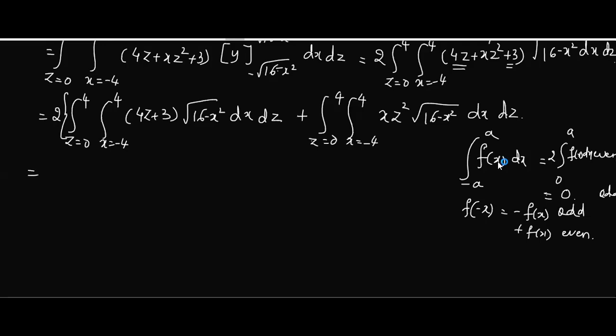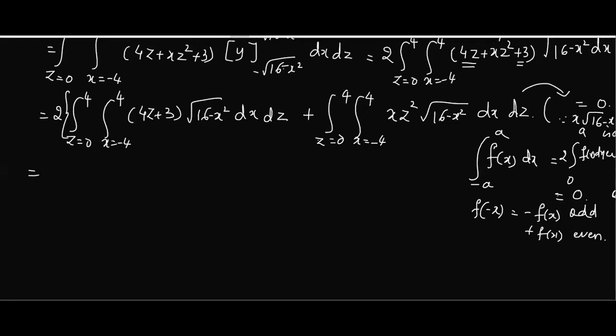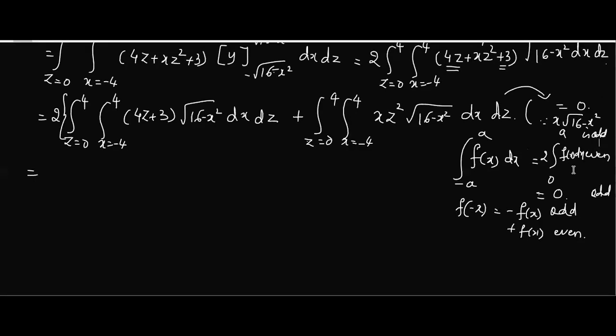So this is what I'll do now here. You can mention the same integral is equal to 0 because x into root of 16 minus x square is odd. This much is enough. If you just write that the function is odd, that is enough. But you write the value of the integral as 0. So what I have to see only, isn't it? We have to only concentrate here.